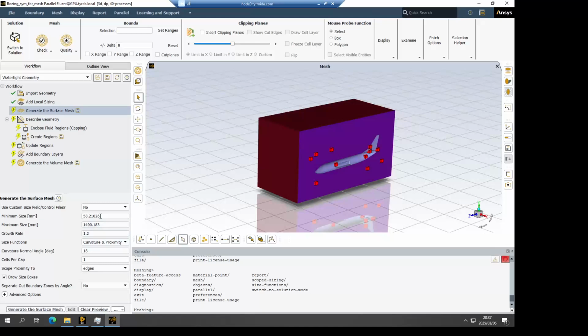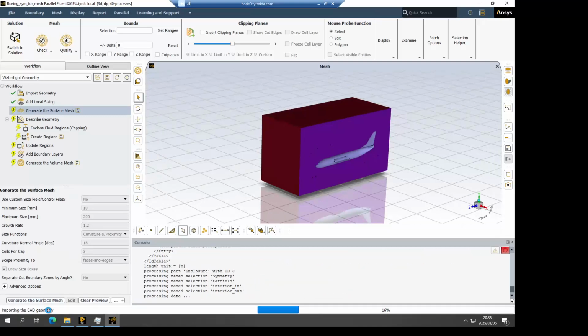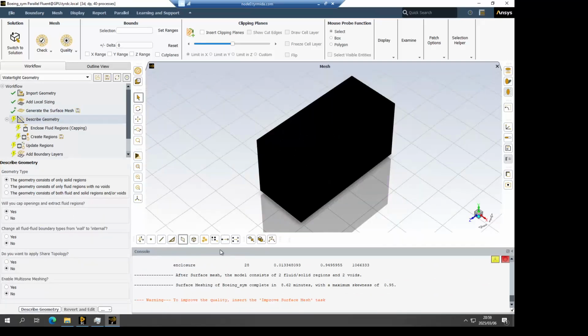So at this stage the settings are quite coarse, so I'm going to refine the settings to something that is more realistic, and also add a minimum of 3 cells in a gap. Okay, after setting all of these things I can generate the mesh, and this will take a few minutes to generate. Now that we have the surface geometry, now we can go forward.